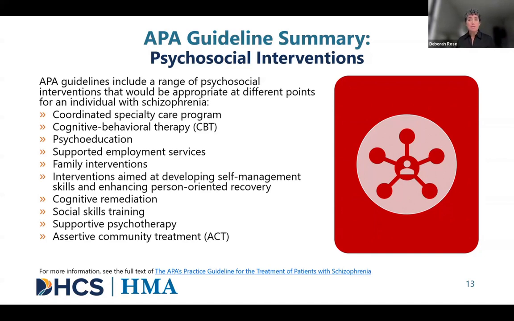So it's about helping somebody with job skills. It may mean providing on-site supports or collaborating with a boss or a company to ensure that a person's needs are addressed while that individual is able to maintain recovery and maintain a job. Super important. APA talks about it. We're going to talk about it.